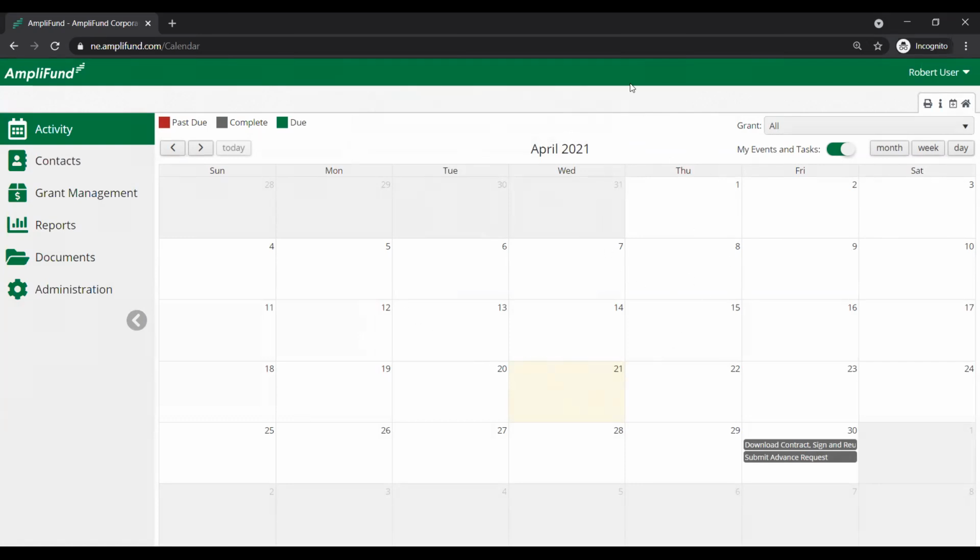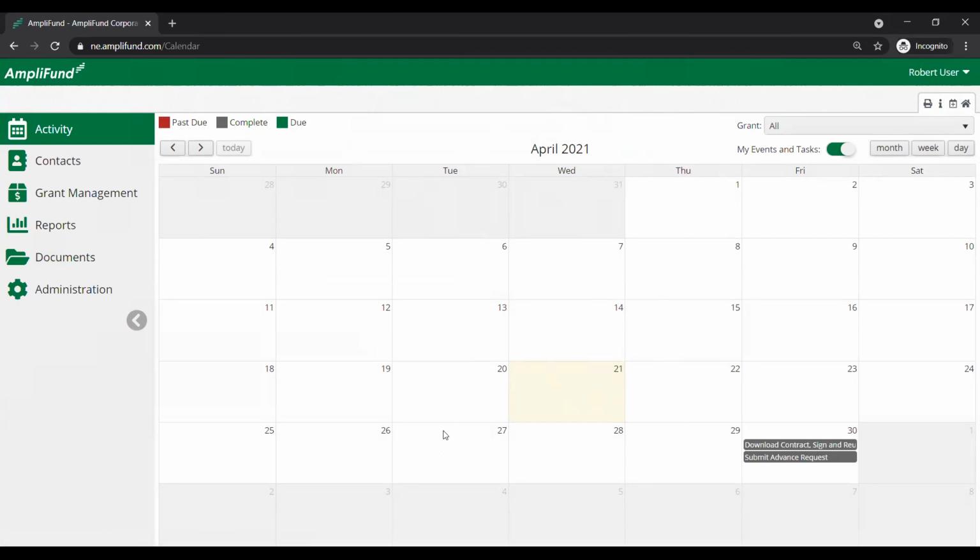I will mention too, with the tasks, I keep making reference to them, the tasks have not been created yet. So, if you're looking in your account, you're saying, where's my task? The tasks will get created eventually. And then whoever's the responsible party on the task will get a notification when those are created. So if you're not seeing them, it's because they just haven't been created yet, but they will be,